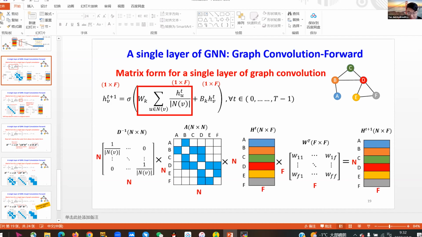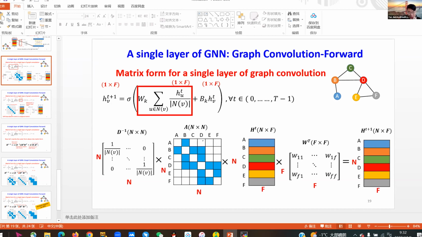But usually, the graph that we are dealing with is a sparse graph. Sparse graphs mean most of the elements in the adjacency matrix are equal to zero. So this will raise a problem about the waste of storage if we use the adjacency matrix to store